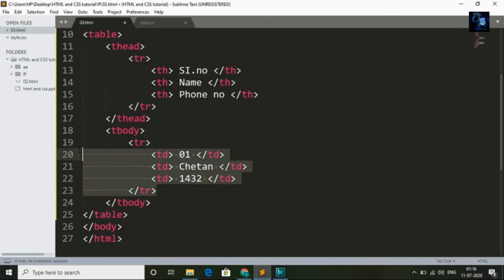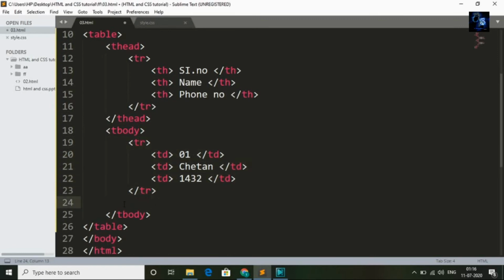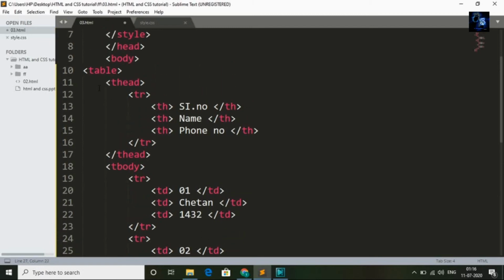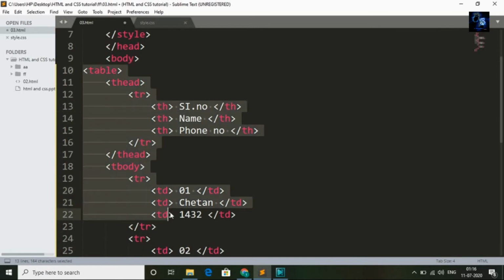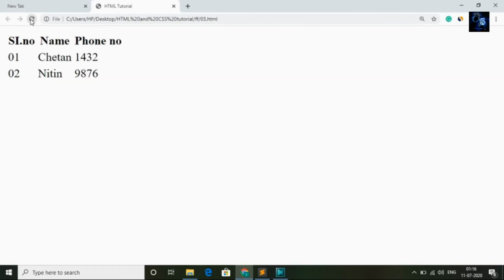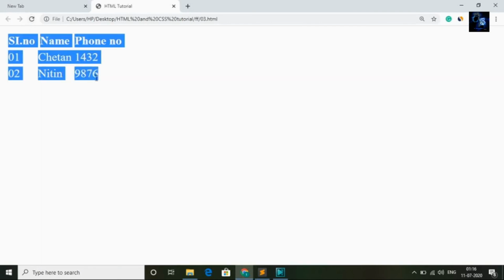And I will copy this and I will paste it here. I will change this to 2 and name Nitin and phone number 9876. This is how we can create table in HTML. Now I will save this and I will go back to browser and I will refresh. Here you can see table, a simple table.